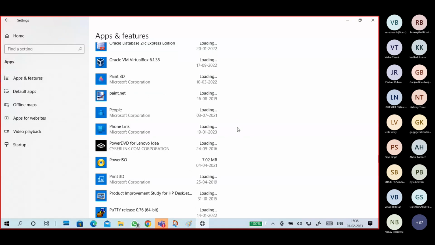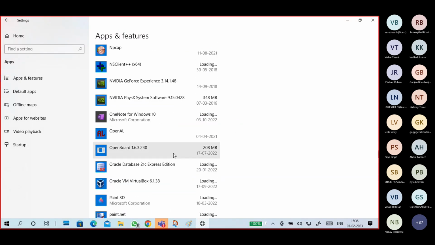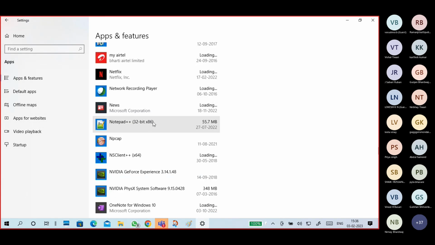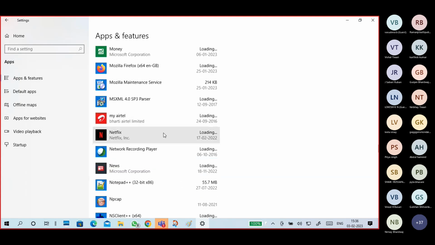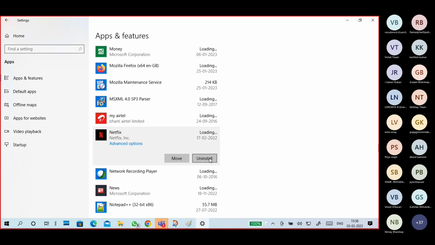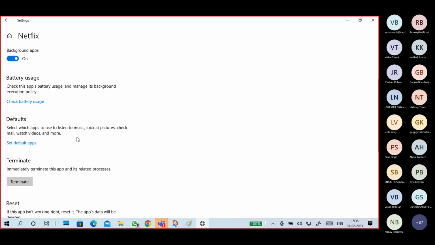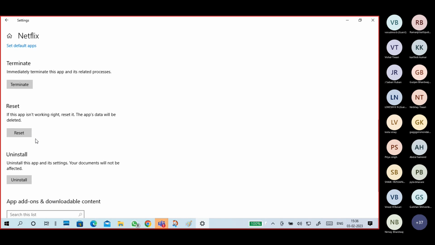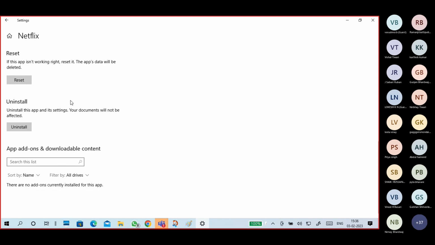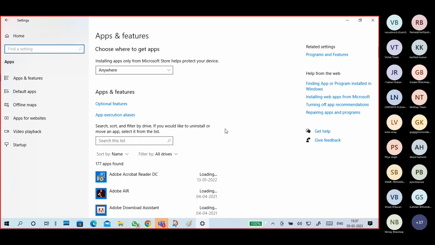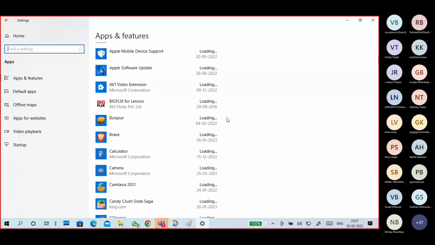If I don't want some application, for example Netflix, I'm not using the Netflix application here. I want to uninstall it. I can uninstall it, and it's showing Advanced options. If you click it, it may show background application, battery usage, and other information, resetting, terminate, uninstall. The loading time is different, so you can uninstall any application from here,